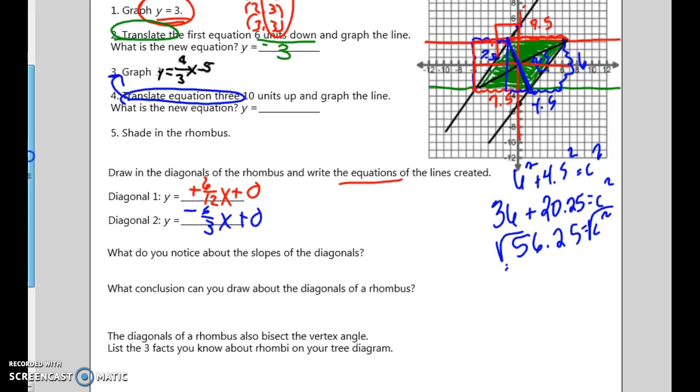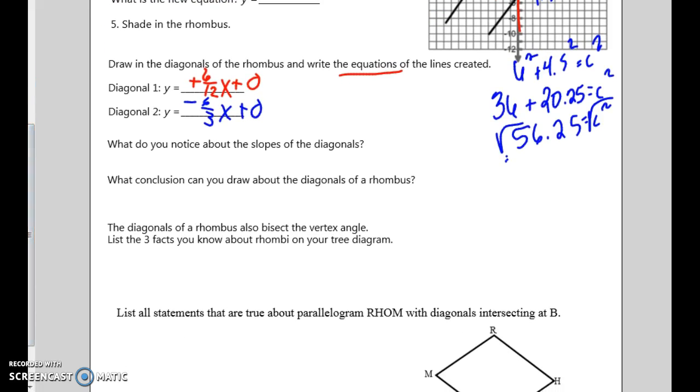Can you tell me anything about that? Perpendicular, those numbers aren't even the same. You have to simplify them. So this would be 1/2 x plus 0. And this would be negative 2x plus 0. What do you notice? They're perpendicular. Very good. So not only do we know that a rhombus has congruent sides, but now we know